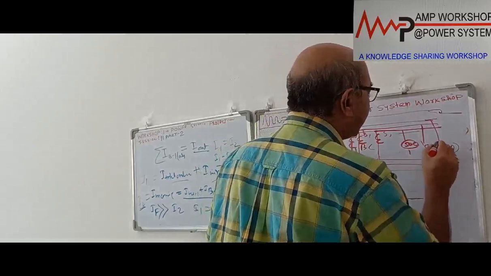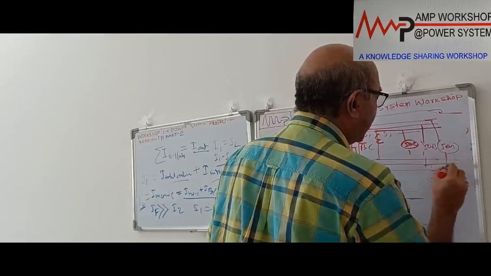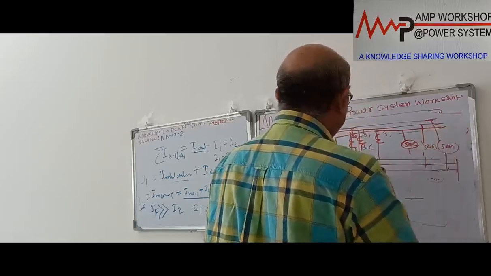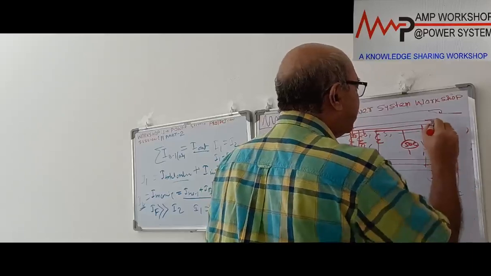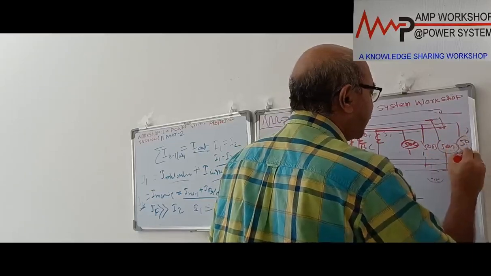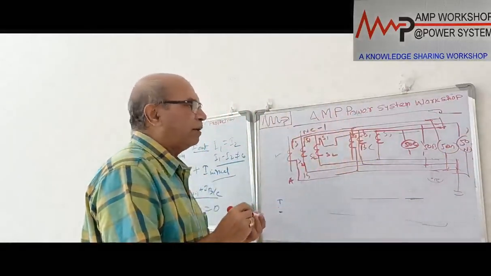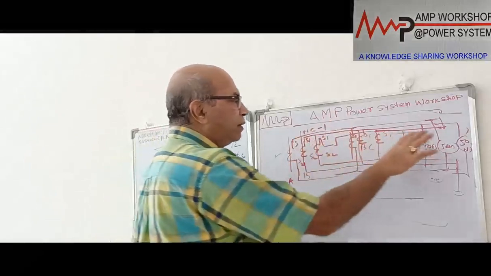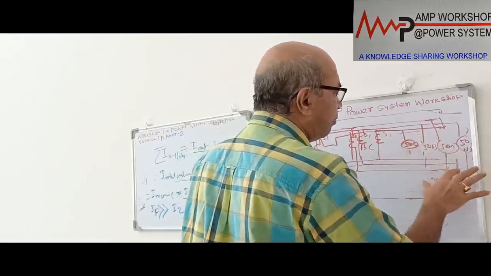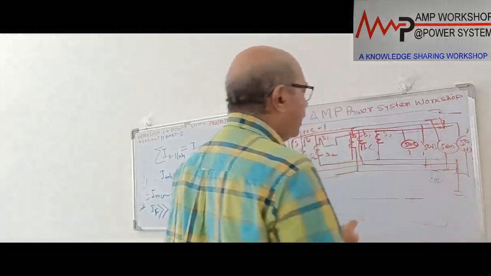After this connection, we will make all these 3 shorted. This is connected over here. This we make shorted. And here these 3 also, after this we make it ground, and these 3 also we make short, and then we connect the 50N relay over here. So this is how we provide the partial differential protection. Once the phase relays are connected, all the phase relay neutral sides will be shorted and the phase side also will be shorted, and the shorting will be coming over here.